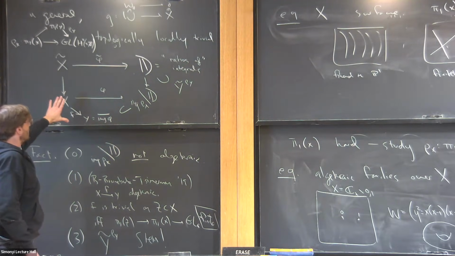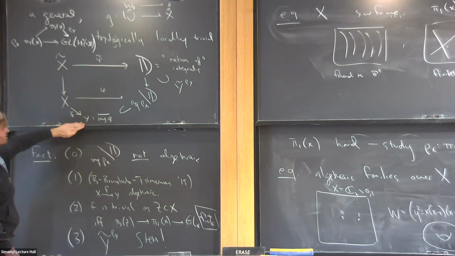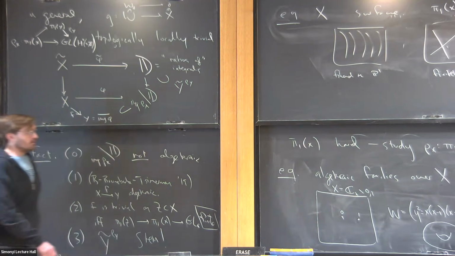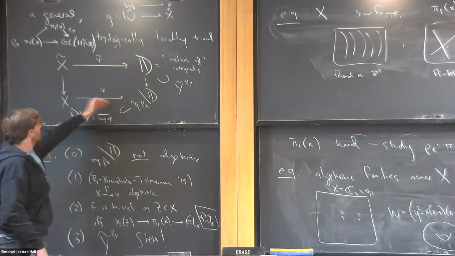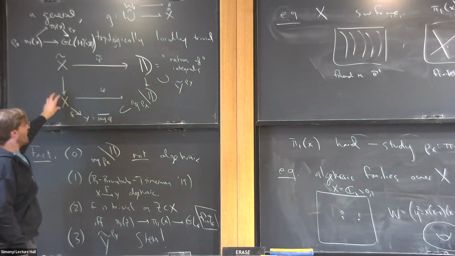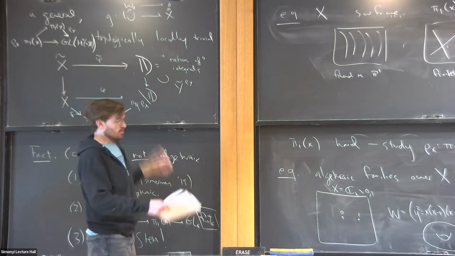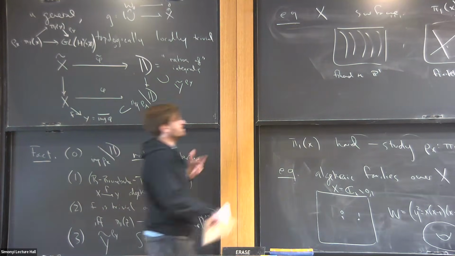If X is proper, then this map is actually proper. And if the representation is faithful, then it will follow that the universal cover is holomorphically convex. So in fact, if your X is compact and admits a period map for which the monodromy representation is faithful, you can actually conclude the statement of the Shafarevich conjecture. Okay, so that's all great.